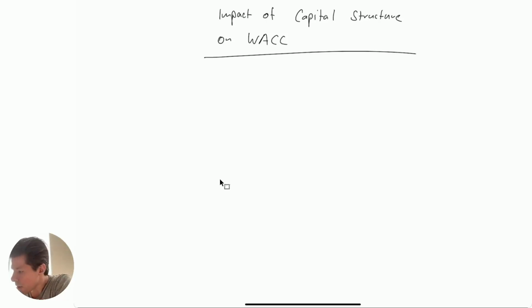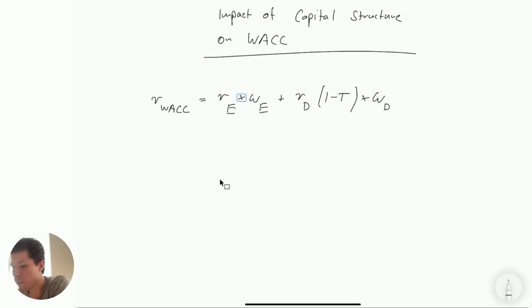As you know, the general formula for weighted average cost of capital is: cost of equity times weight of equity, plus cost of debt times (1 minus taxes), because debt is tax deductible, times the proportion of debt. Again, I explained this in one of the other videos. I can use R for return or cost